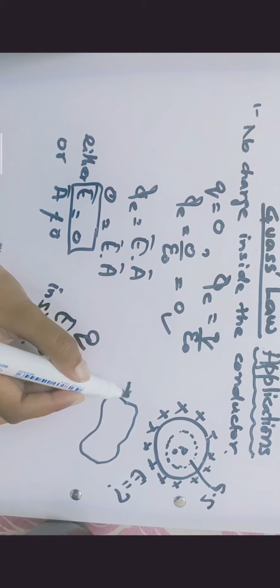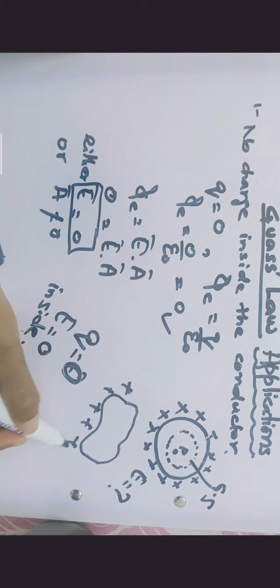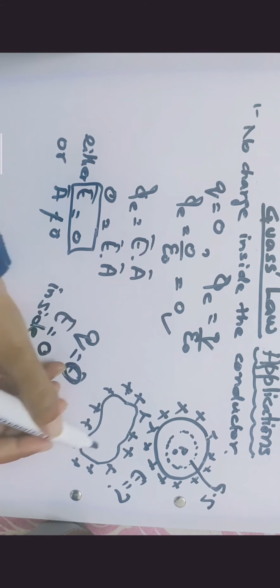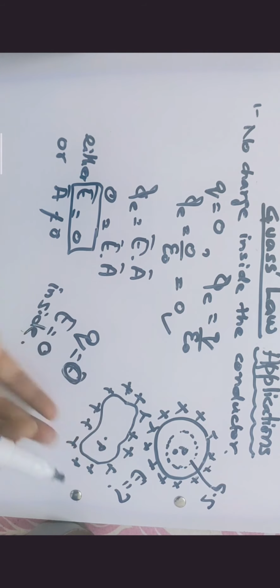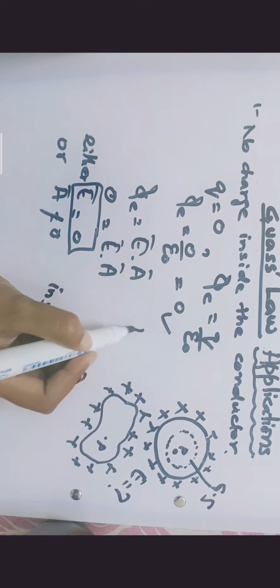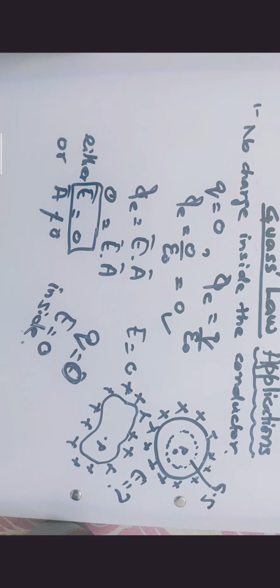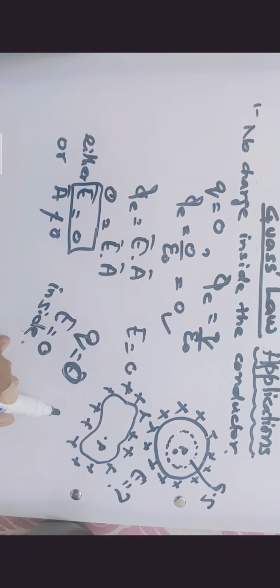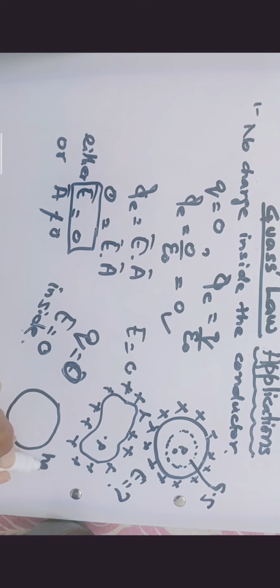So this is the first application of Gauss's law, in which the whole charge is sprinkled over the surface. Now if we take an asymmetric surface and sprinkle some charge over it, then again taking a point P and determining E at this point, the same thing goes on, and E inside the conductor would be equal to 0. This would again be applicable if I take a hollow sphere.